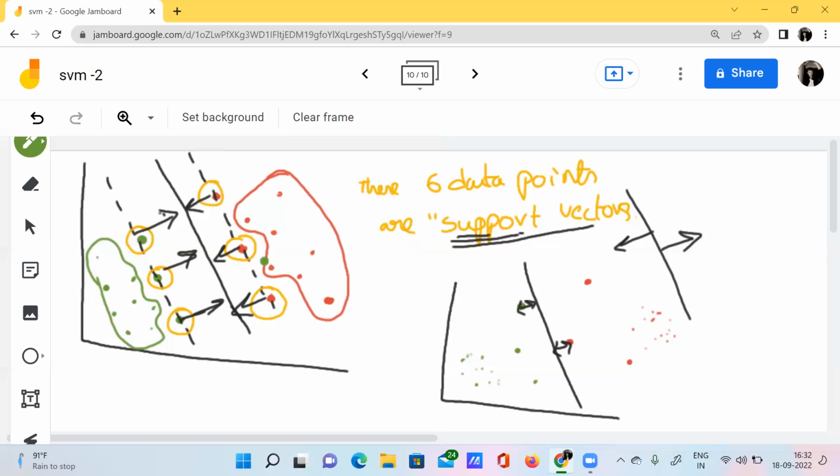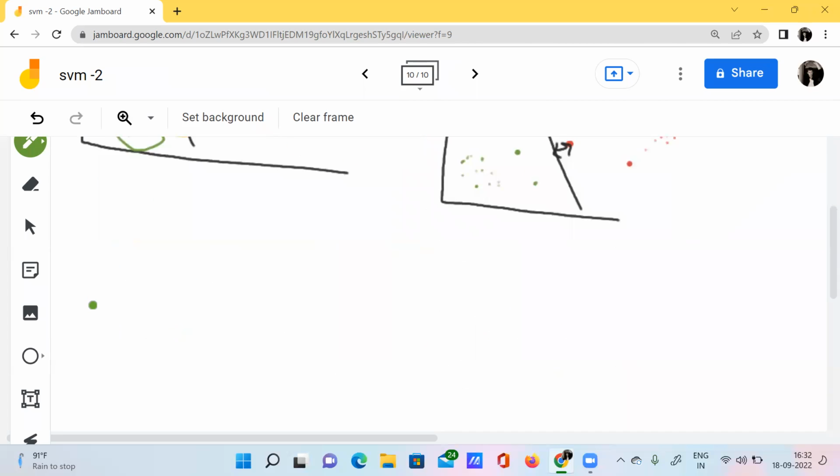So by observing the entire scenario, what can you decide? I can give one conclusion here.